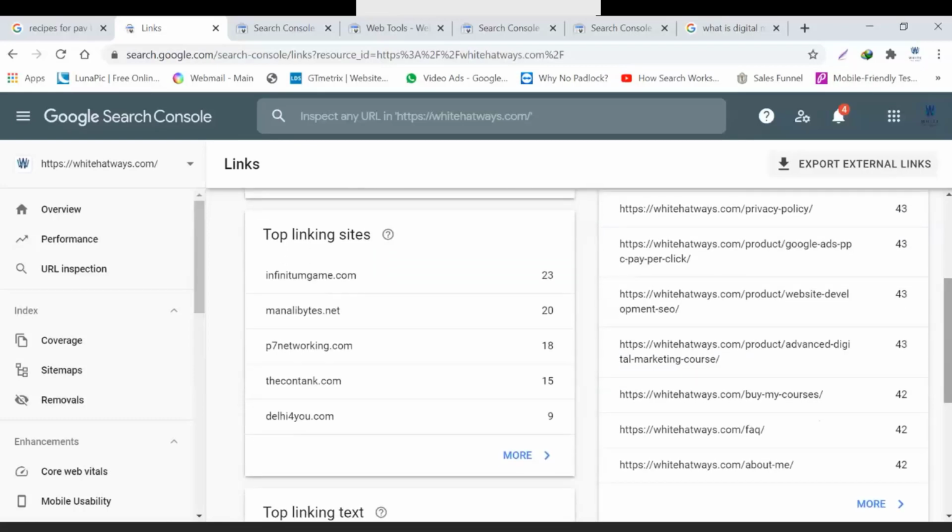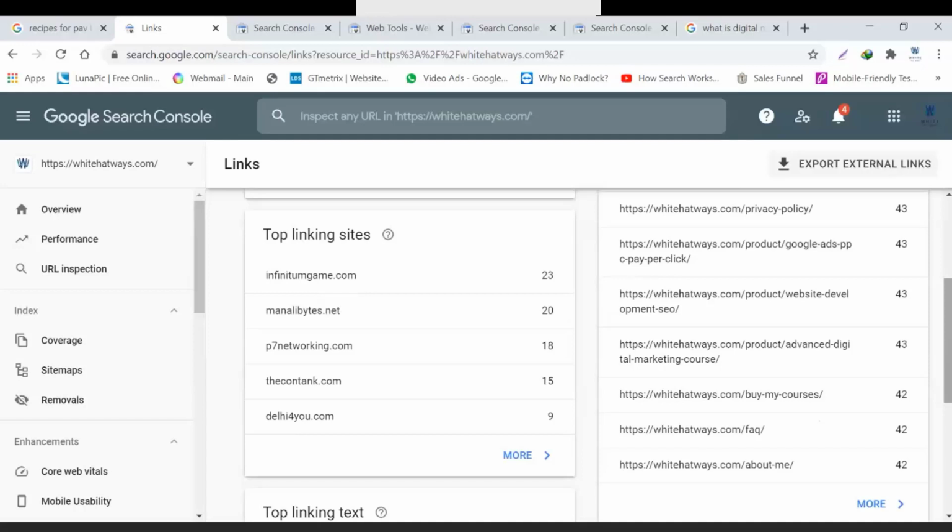So what does that convey? This conveys that these are those sites which are basically linking to my website. These are those domains which have something in their pages, or maybe a post or some word onto which they have made a link, and that link is pointing to my website.